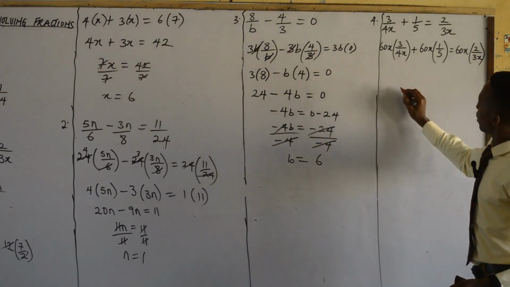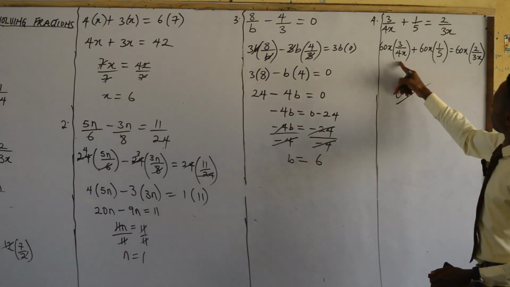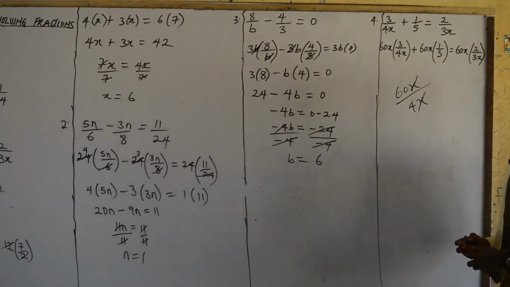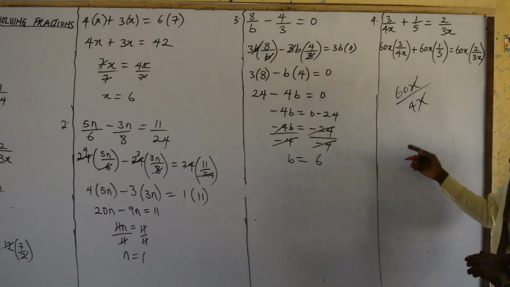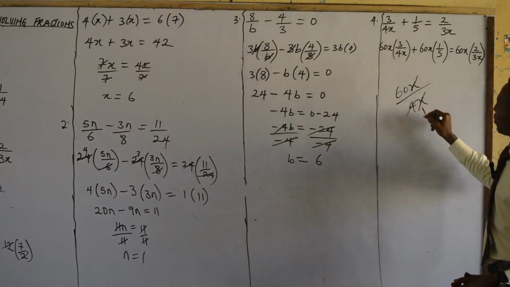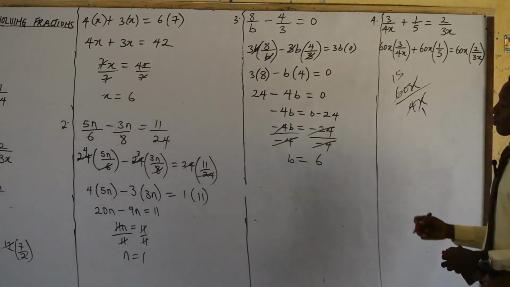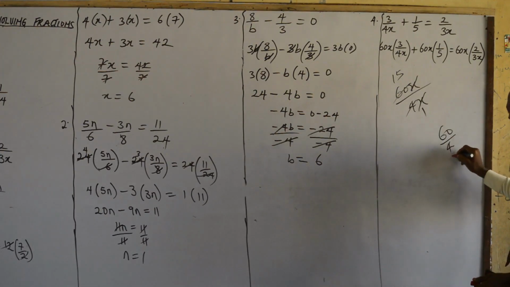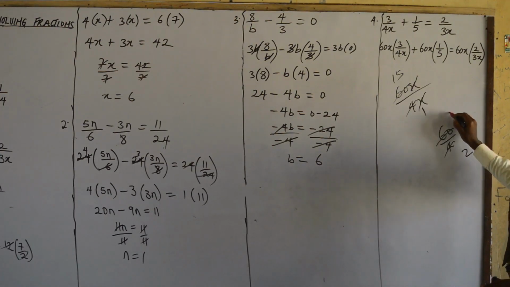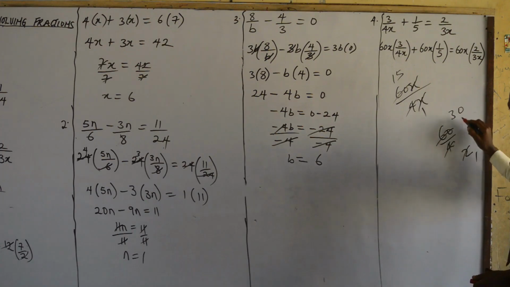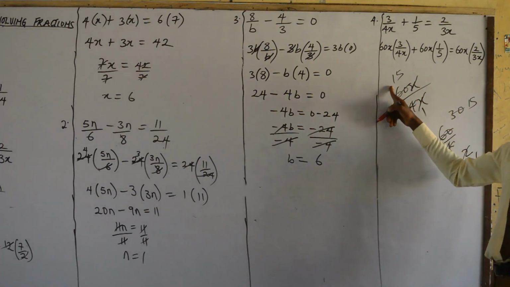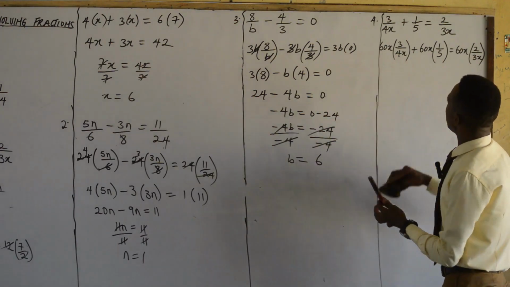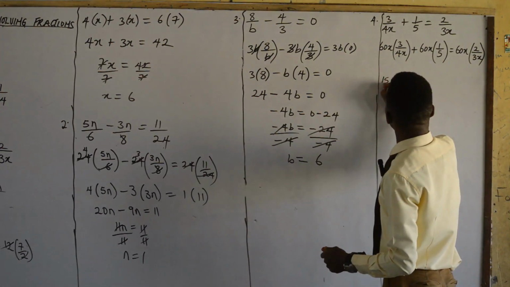We use this 60x to divide the 4x that we have here. Cancel out the letter that you have: x and x cancel each other out. Then 60 divided by 4. 4 here 1, 4 here 15. So if you want to break it down, 60 divided by 4: 2 here 2, 2 here 30, 2 here 1, 2 here 15. So that was how I got the 15 here. So in case you are breaking it down, here now you are left with 15 into bracket